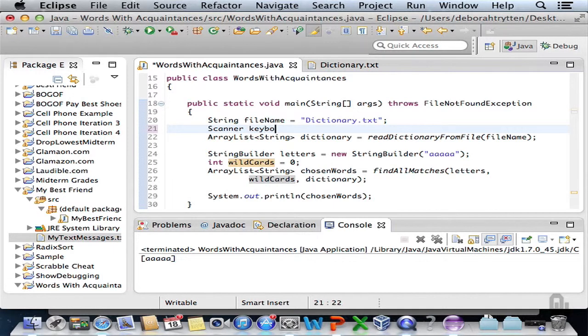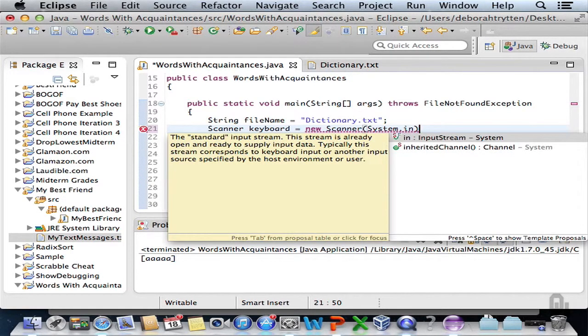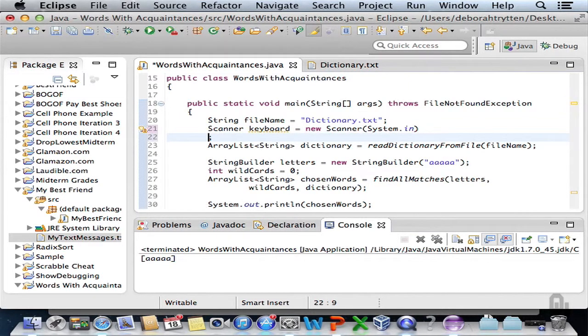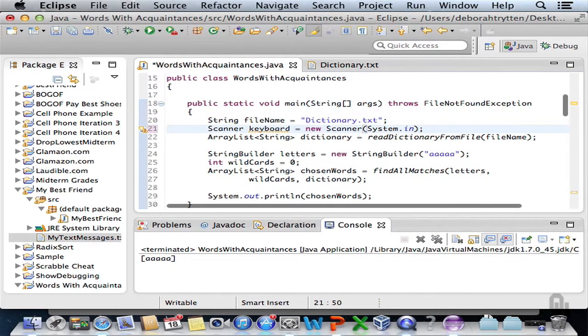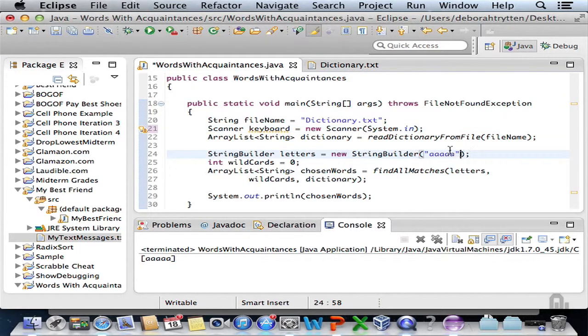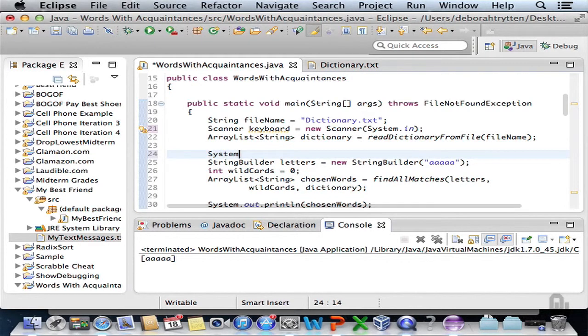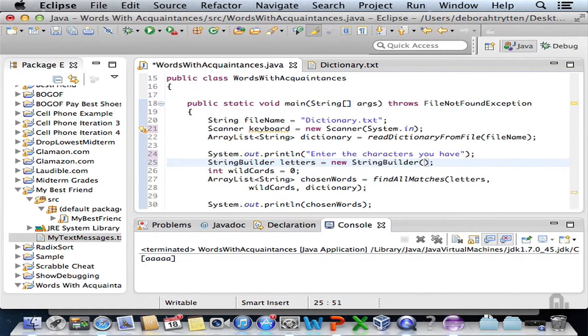So we're going to have a scanner. Now this is a different scanner than the one that's later on in this program that's reading from a file. This is the one that's attached to the keyboard, so I'm calling it keyboard. So what we're going to put in here is a prompt: enter the characters you have, and then instead of doing this, we'll do